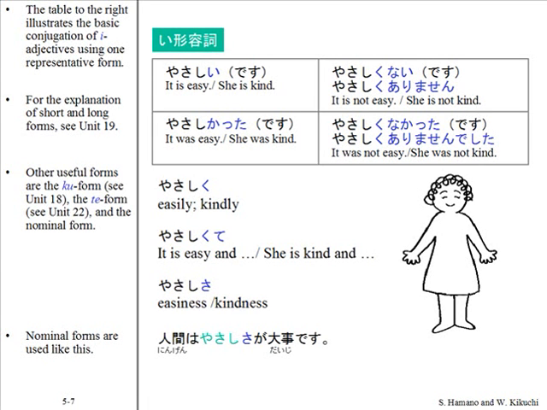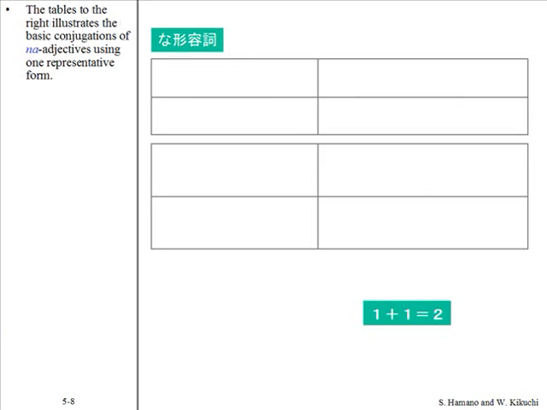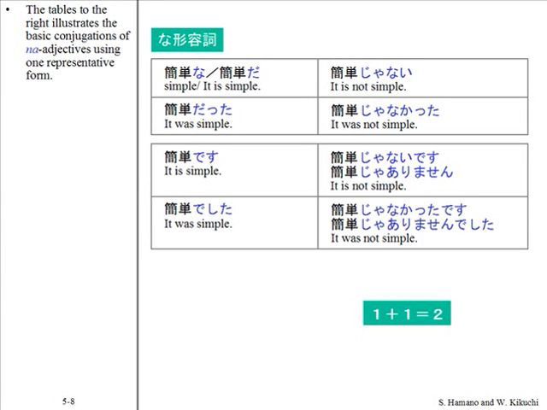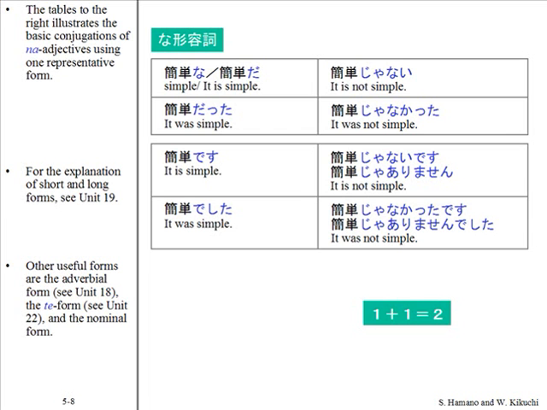Nominal forms are used like this. 人間は優しさが大事です。The table to the right illustrates the basic conjugations of na-adjectives using one representative form. 簡単な、簡単だ。簡単じゃない。簡単だった。簡単じゃなかった。簡単です。簡単じゃないです。簡単じゃありません。簡単でした。簡単じゃなかったです。簡単じゃありませんでした。Other useful forms are the adverbial form, the te form, and the nominal form. 簡単に、簡単で、簡単さ。